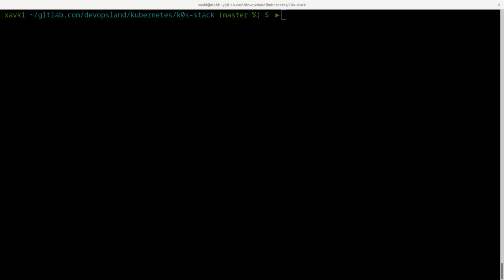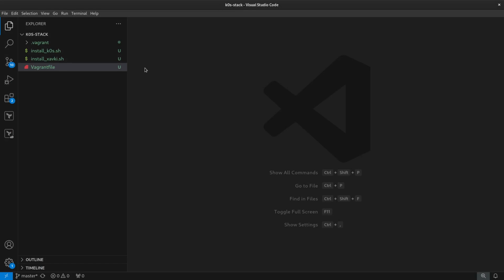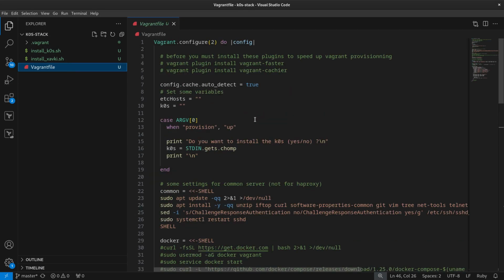And if I open just this directory into our Visual Studio Code, what I have is the Vagrantfile. So the Vagrantfile is like a loop, and this is in Ruby language. If you want to learn Ruby, it's a good idea to begin with the Vagrantfile and try to create variables and handle your variable.